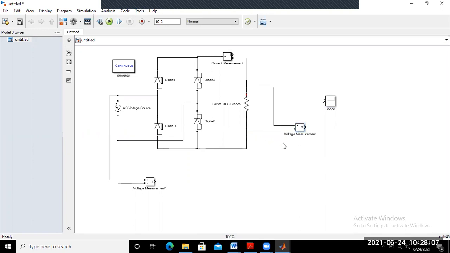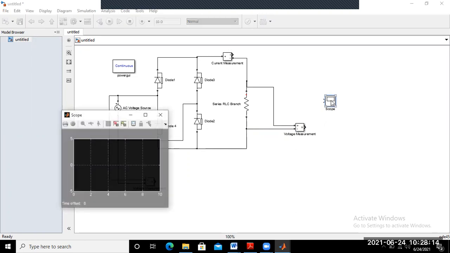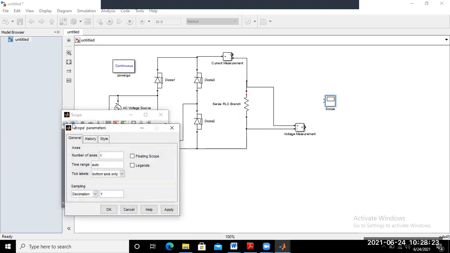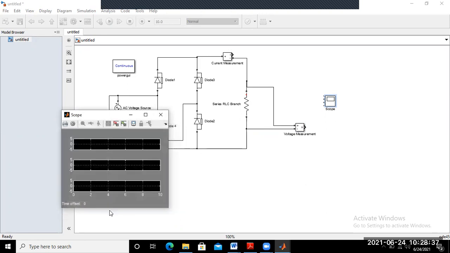The number of axes you can change from here. Go to the parameters, and suppose you require 3, that means 2 voltmeters and 1 ammeter. So just type here 3 and apply and okay. So 3 axes are created here.